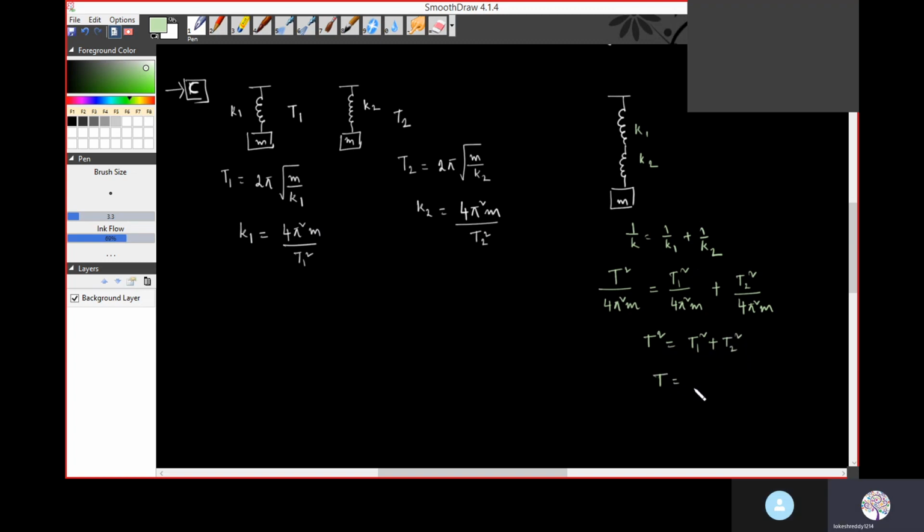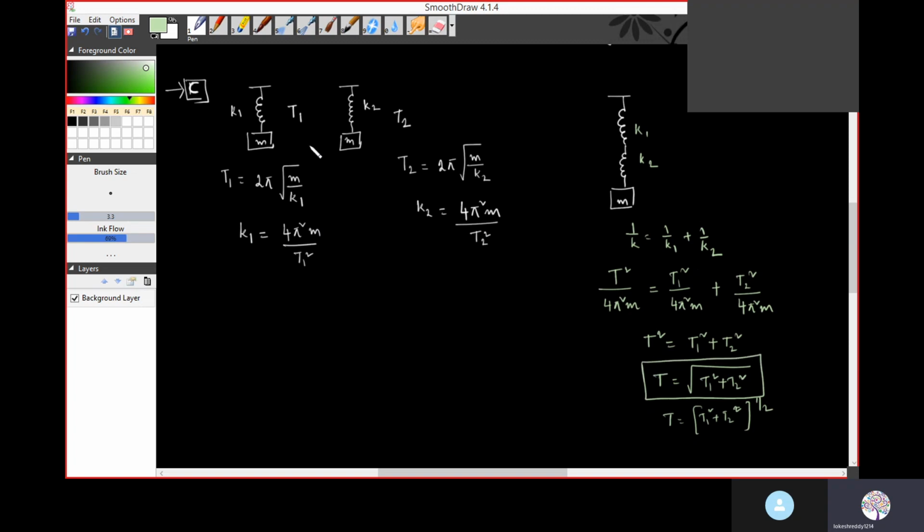So T is equal to root of T1 square plus T2 square, or T is equal to (T1 square plus T2 square) whole power 1 by 2. Okay, so this is the formula